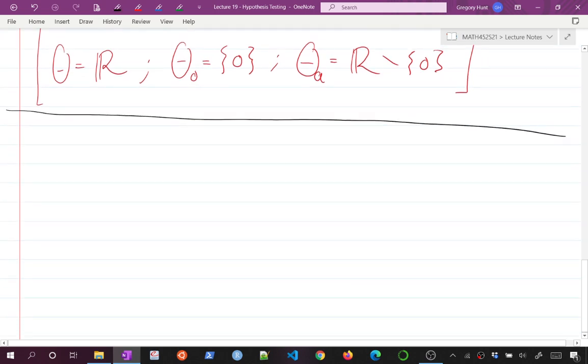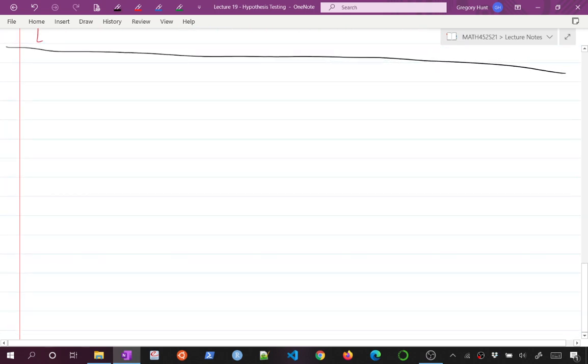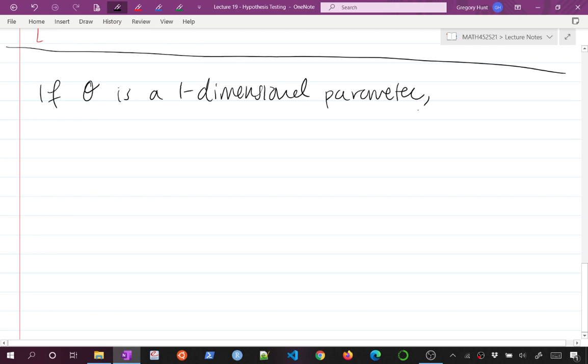So there's some vocabulary here, just practically, that people use. If theta is a one-dimensional parameter, that's really what we're going to be focused on in this course. The multidimensional stuff is not that much harder and not that much more interesting. So the basic stuff is just for a one-dimensional parameter, then a test of the form